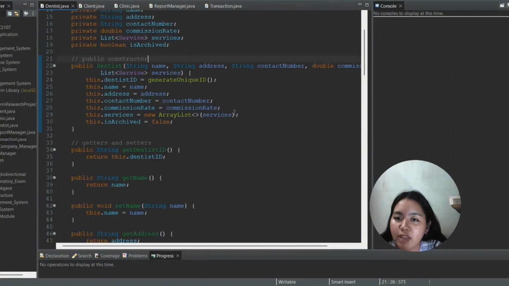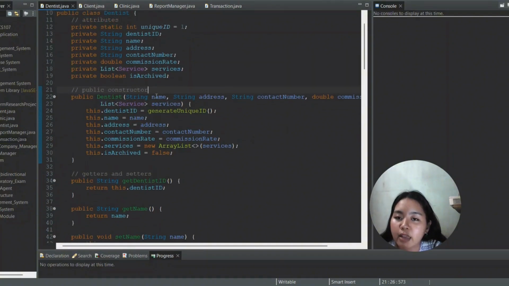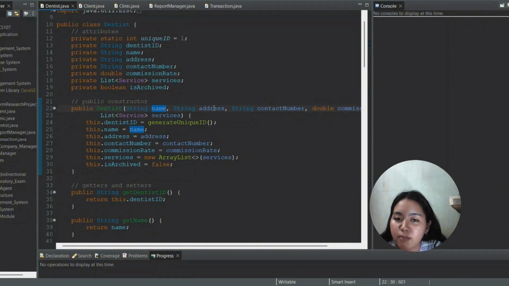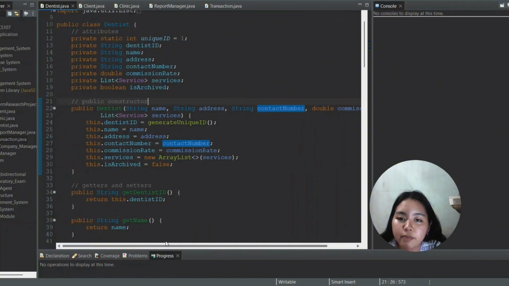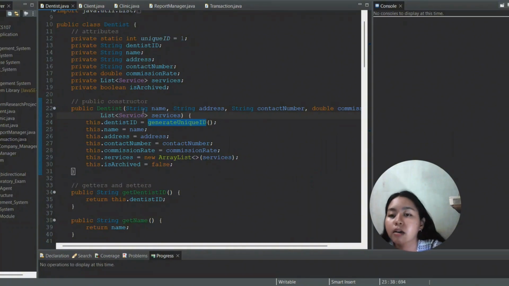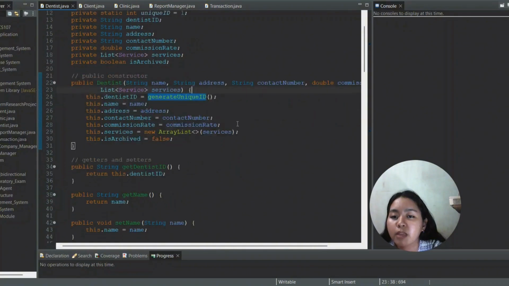We also have a parameterized constructor setting the default values for the name, address, contact number, commission rate, and services. This will be used later when the user creates an object; these will be the attributes of the object.